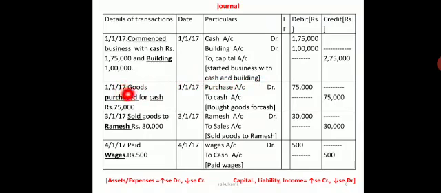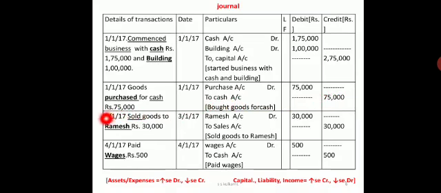So my cash is being blocked in form of goods, so it is increasing my expense. So increase in expenses is debited. Purchase account is debited 75,000. Cash, because I am paying on purchases, it is decrease in cash. So decrease in cash is credited